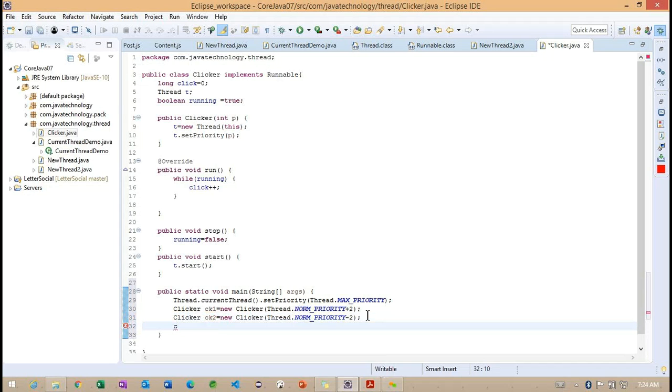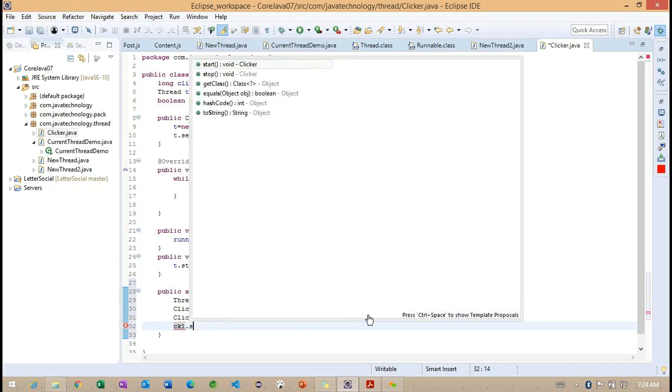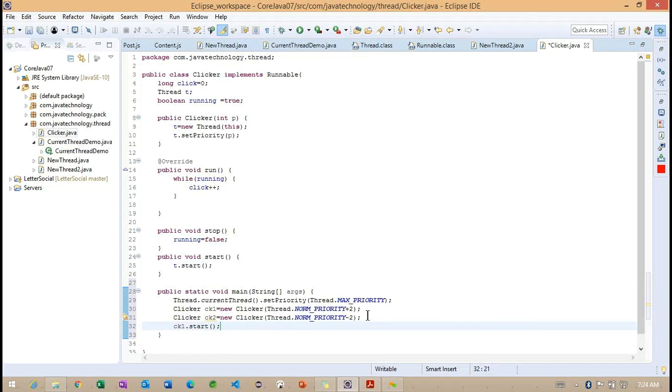And after that, what am I doing here? ck1.start. Whenever we call ck1.start, what happens internally? This method call means the newly created thread is going to start.